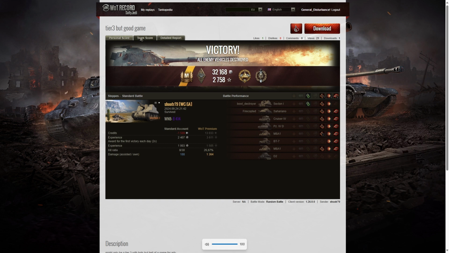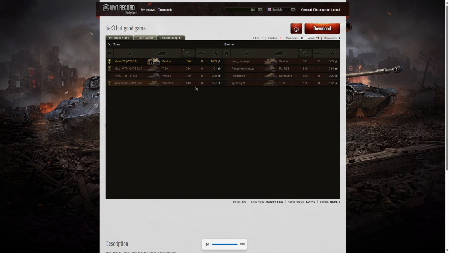Let's have a look at team score. And we can see there were only 4 real players on both teams in that game. The highest damage in the game went to, yes, shootr79, 1,364 hit points to him. Second highest damage was actually Bowl Destroyer on the enemy team in his Sexton I, who got 891. And the third highest damage was a Panzer S